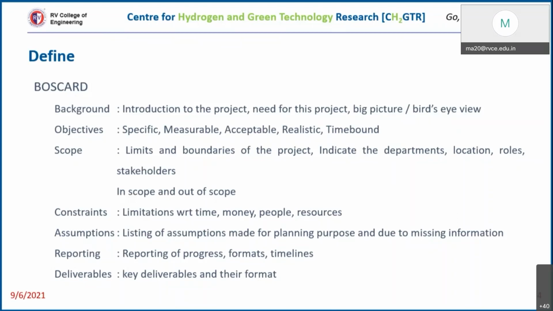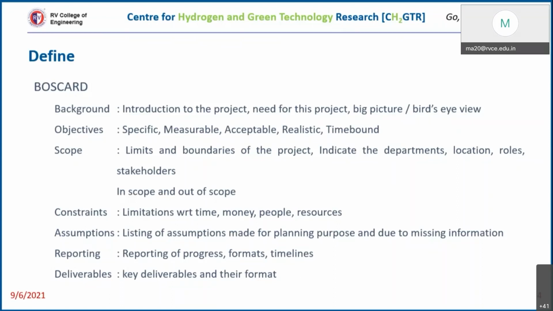Okay, now how is it applicable to you? So you want to do a project. Let's assume it's a multidisciplinary project. That means, as I told you, if your project is development of a self-sustained fuel cell, you may need chemical engineers, electrical engineers, instrumentation engineers, electronic engineers, mechanical engineers, IEM. So from all the disciplines, you may need one person. So you clearly indicate which are the departments that get involved or are required for this project. That is also part of scope.